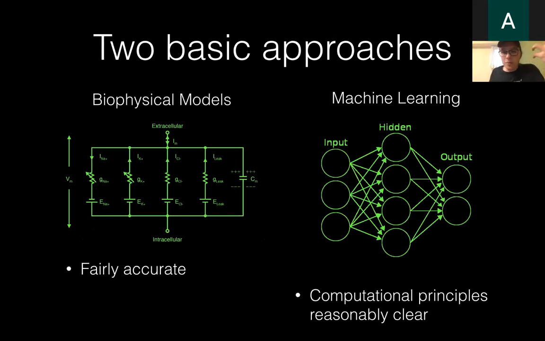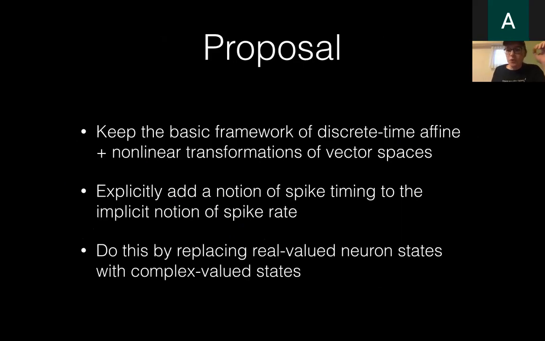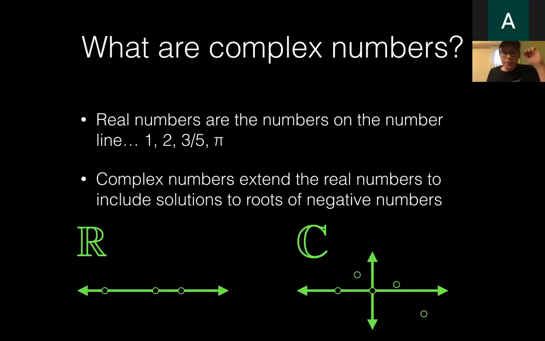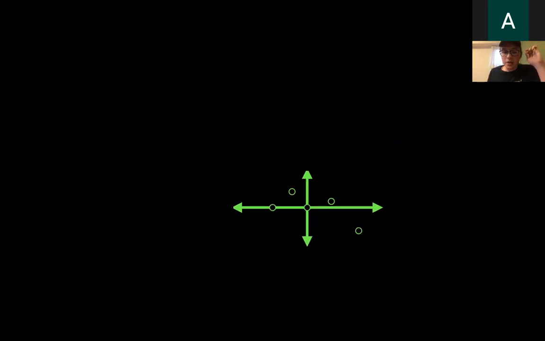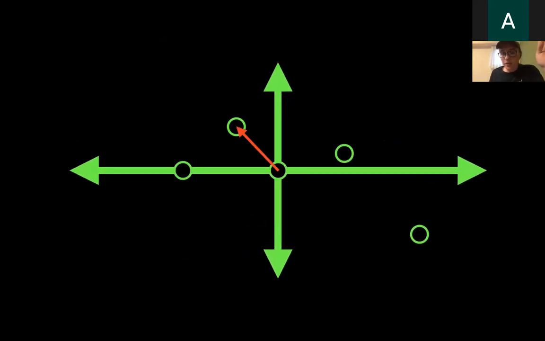We would like a system that has spikes, but can also represent rates, firing rates, but also is computationally simple and sort of easy to understand in a mathematical way. So the proposal here is that we're going to replace the real valued activations of neurons with complex valued activations. And what we think that will buy us is if we interpret the magnitude of the complex number as a firing rate and the angle as a firing phase, then we can both have rate coding and temporal coding, and we can use both of those parts in different ways, and maybe hopefully